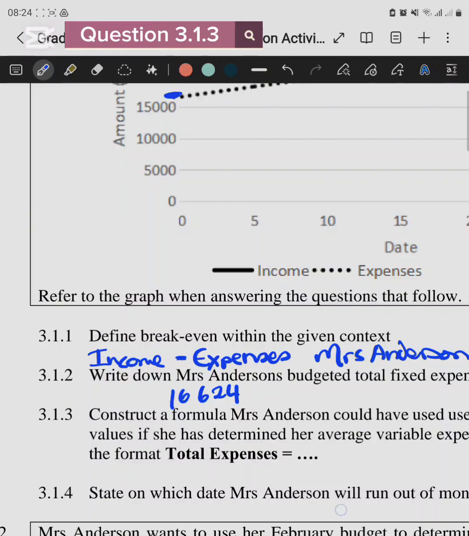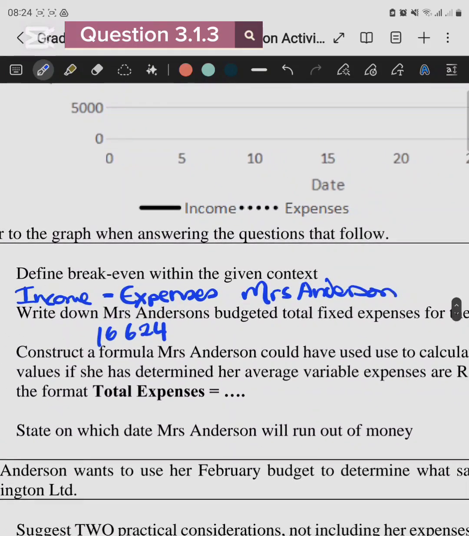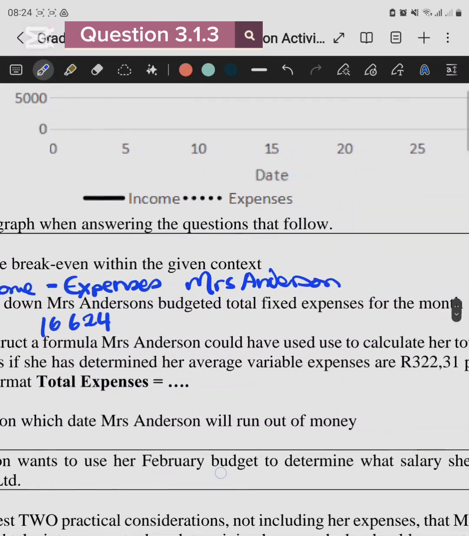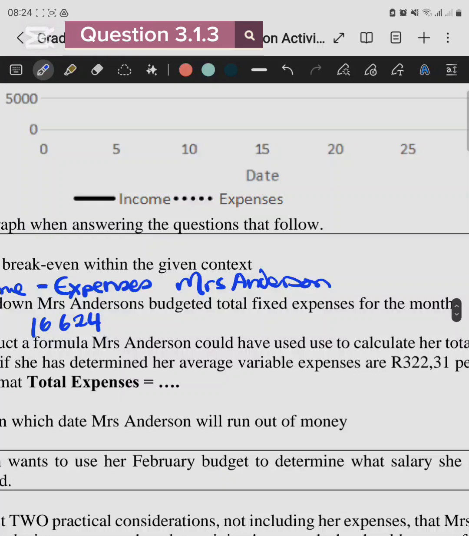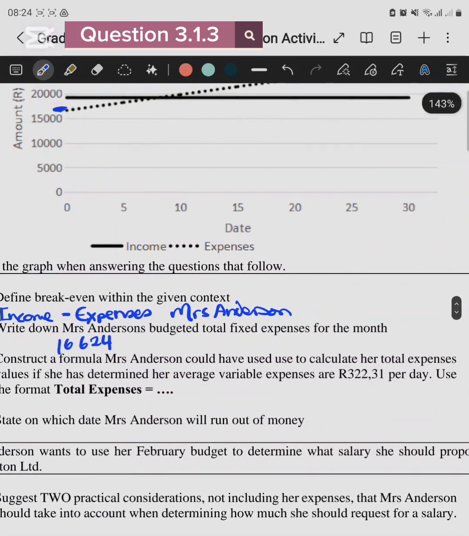Now they want you to create a formula that she could have used to calculate the values if she determined her average variable expenses are 322 Rand and 31 cents per day, and you want to be using this format of total expenses equal to. So remember, when you're doing a formula, your formula is always your fixed costs plus your variable times by a quantity, but you cannot leave your formula to look like that. You need to say, well, how much was my fixed cost? My fixed cost was